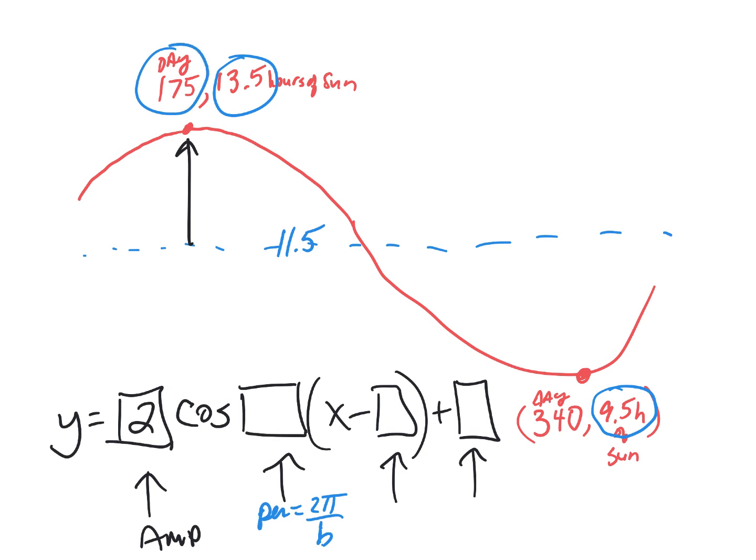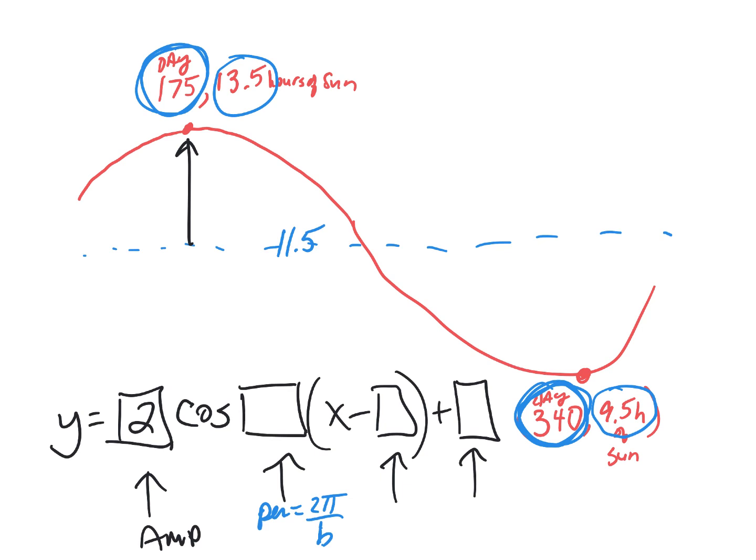This amount of time is the amount of time it took to get halfway to a full period. Going from a high to a low is not a full period. From a high to a low is like partway there. You've got to go from a high to another high. That is a full period.